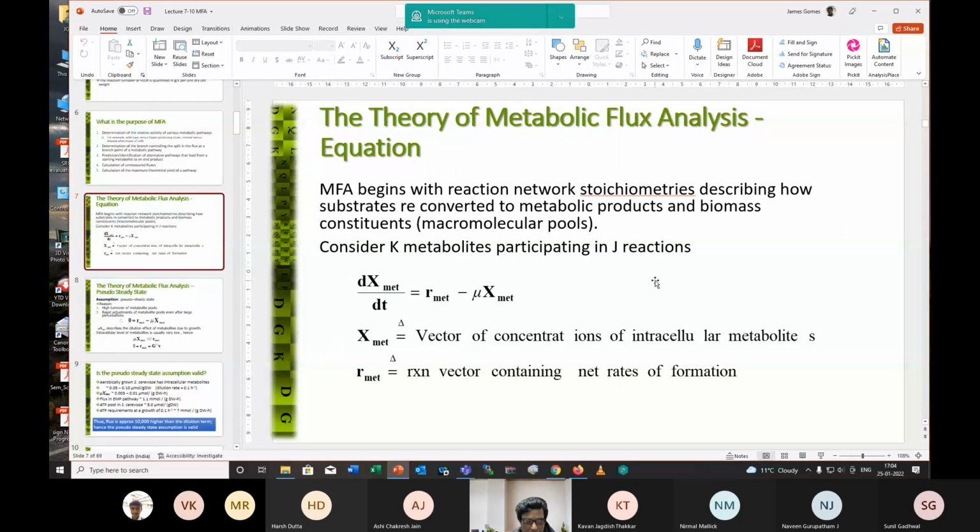Okay, so you need to start. You might have to do some of the work that I'm going to explain today on pen and paper, so if you have that with you, it's going to be useful. So let me go back and start from slide 7, where we had talked about the metabolic flux analysis and